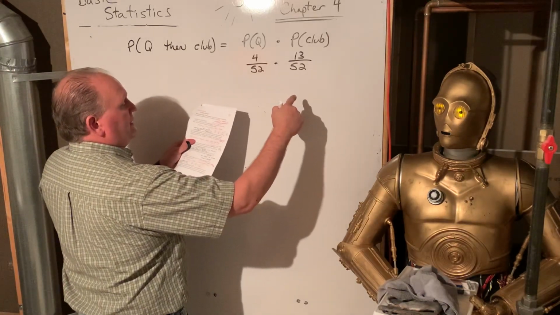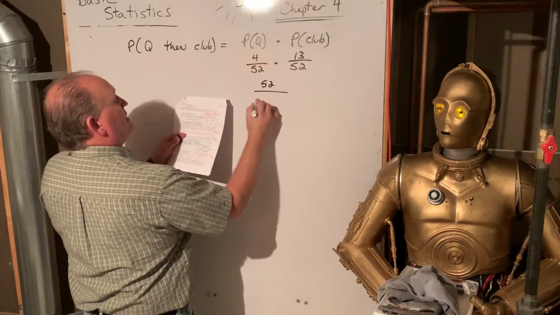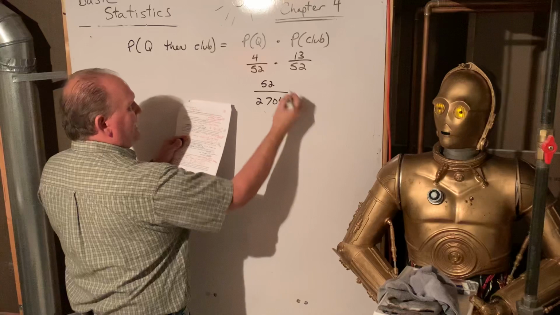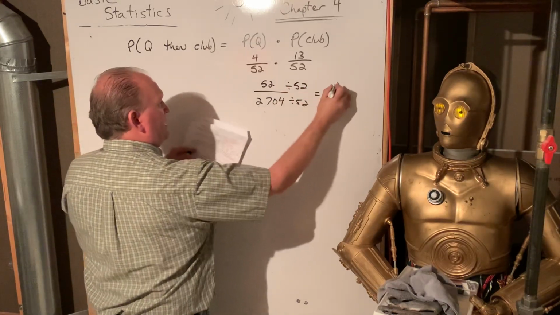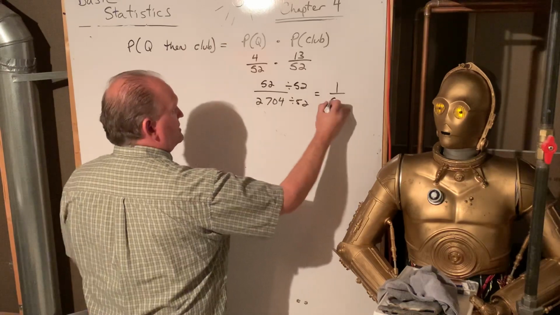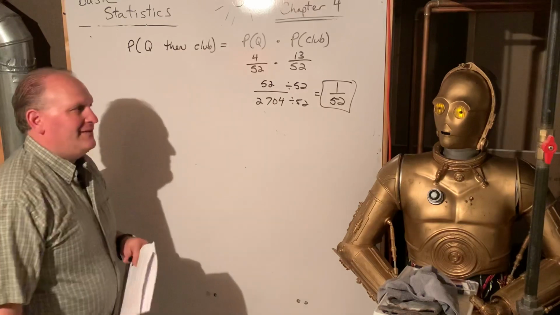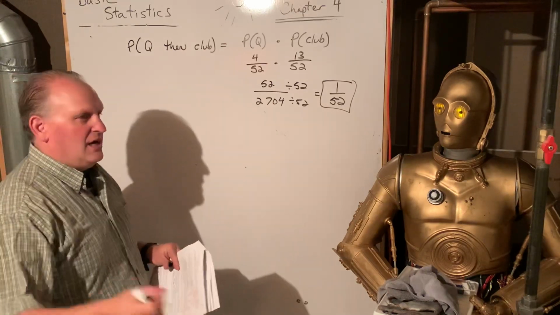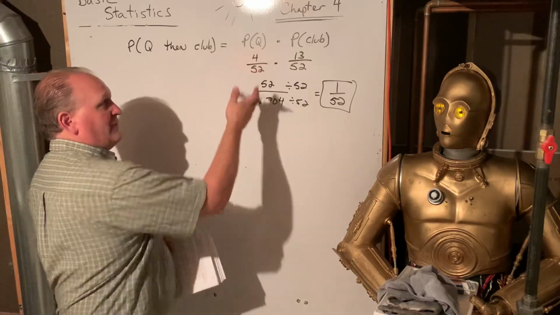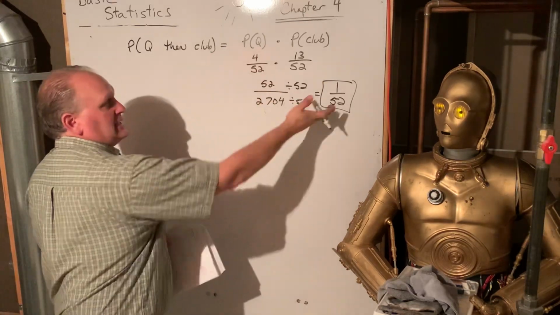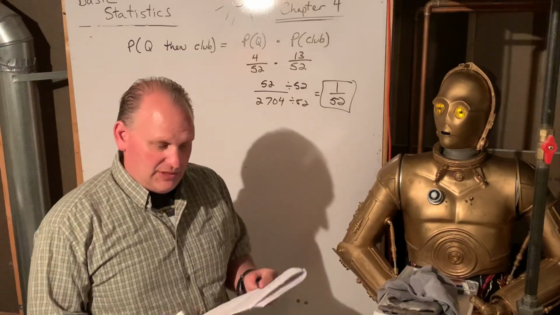So then if we multiply straight across, top times top, 52, bottom times bottom, 2704, and then that actually reduces. And divide by 52, top and bottom, and get 1/52. So that's not a very likely event. 1 out of 52 times, if you picked a card, put it back in, shuffled it up, picked another card, that you would get a queen the first time and then a club the second time. It's much more likely of that not occurring, which would be 51 52s.